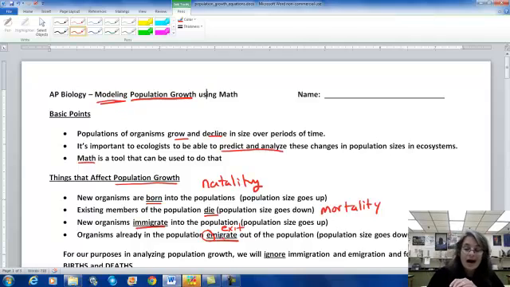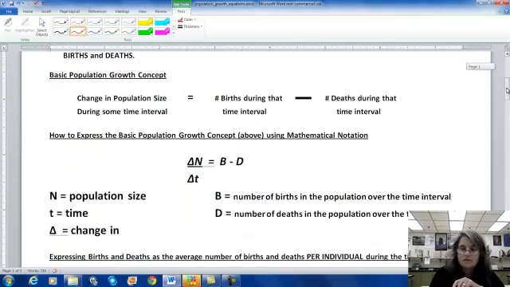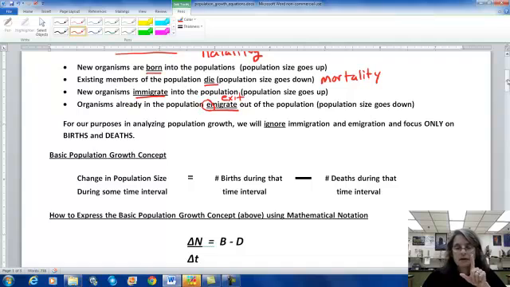Now, for our purposes, as we analyze population growth, we are going to ignore immigration and emigration. So I'm drawing a line through those. We're going to ignore those and just focus on births and deaths. So that's done. Now, the basic concept mathematically about population growth is that if you are observing a population over the course of a year, some time interval, so we usually call it a year, we may call it a month or whatever. If we see that the population at the end is not the same as the population number was at the beginning, that's going to be a change in the population size, which will be determined by how many members of your population are born, subtracting from that how many